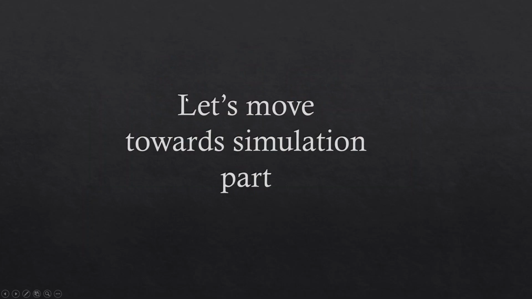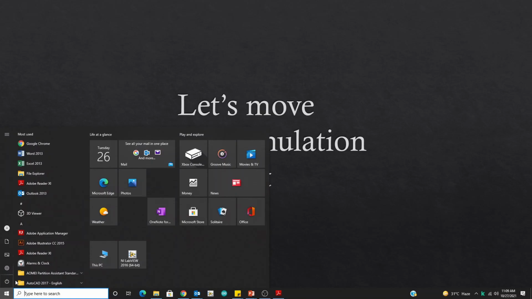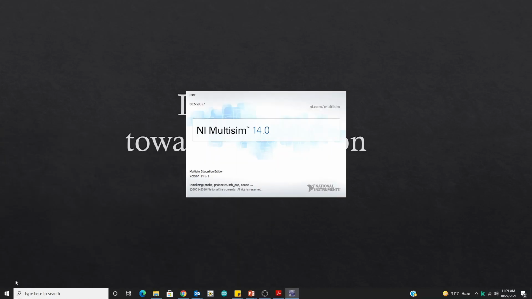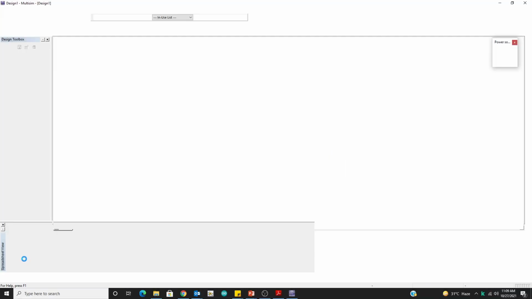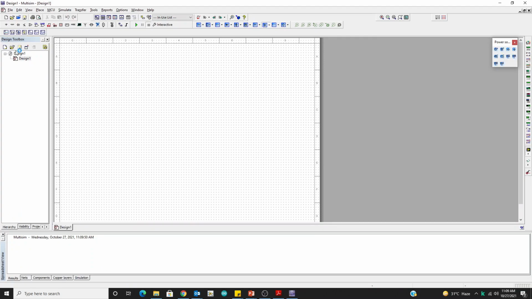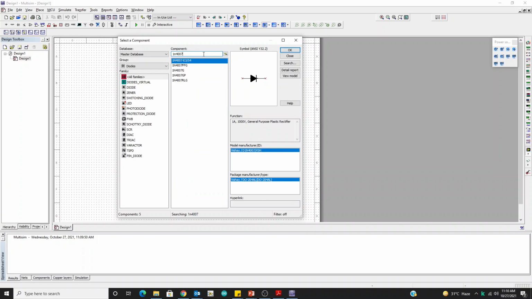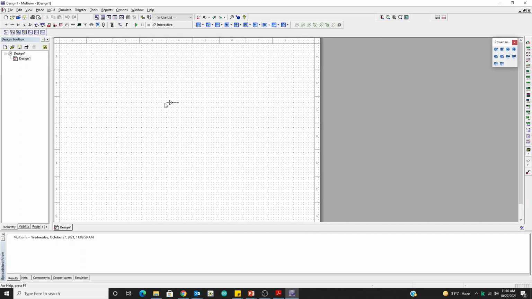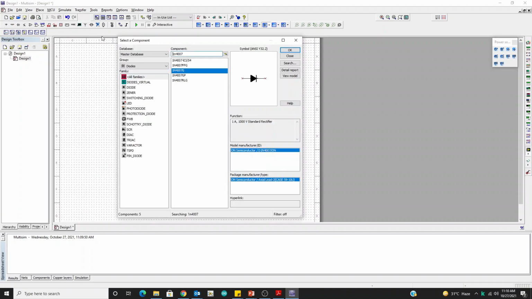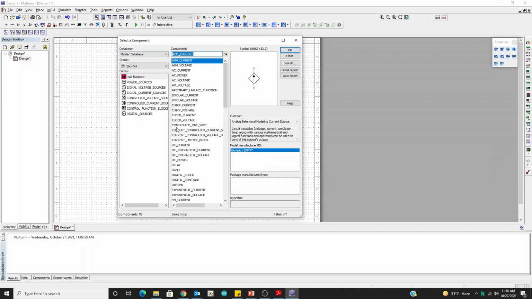Let's move toward the simulation part, and for that purpose we are going to use Multisim. Okay, we are going to make a simple series circuit. First we are going to use a diode, model number 1N4007, and a DC source.